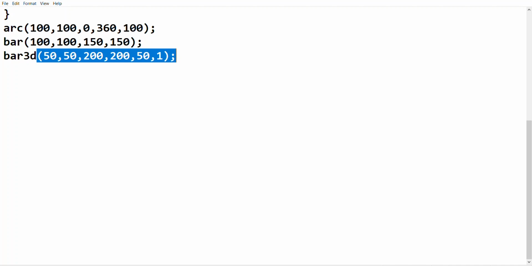The fifth argument is the depth of the bar in pixels. The sixth argument decides the 3D top on the bar. If you provide 1 as the sixth argument, then the 3D top will be put on top of the bar. And if you put 0, the 3D top will not be put on the bar. What is the 3D top? Just put 0 once and 1 once, and you will see what the 3D top actually is. So the 3D top will appear, or if you put 0, it will not appear. Okay, so